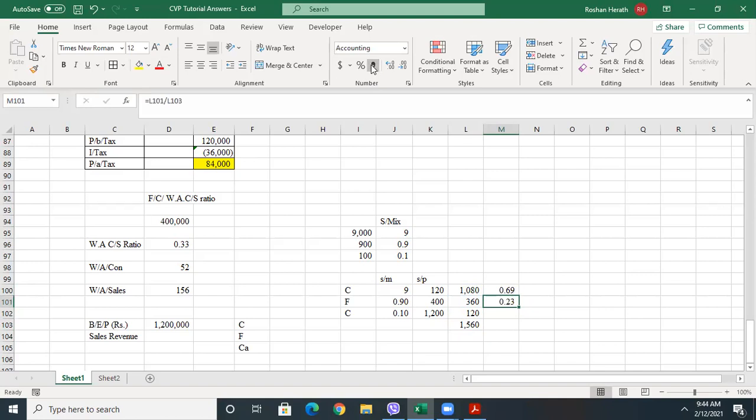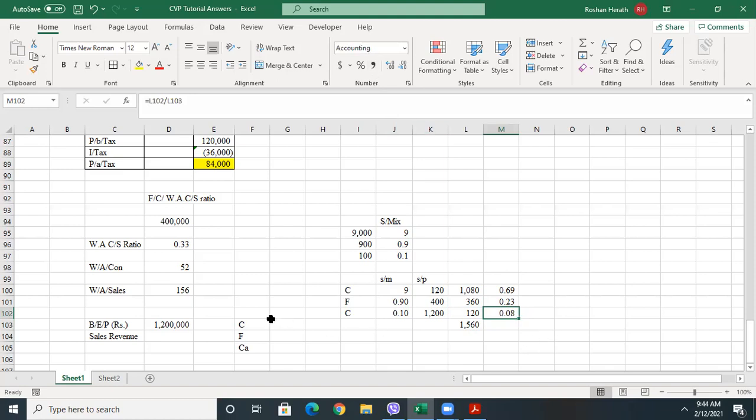So as a percentage it's 0.23. So here it represents 120 out of 1520. It's as a percentage